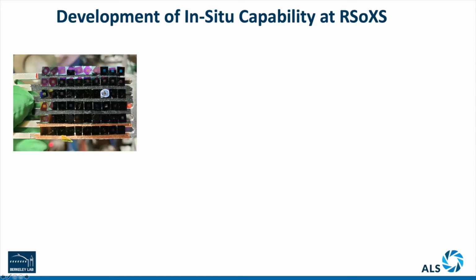So this is the typical sample holder that we run at the soft X-ray beamline. As you can see, all the thin film samples are deposited on the silicon nitride membrane. We can load up to like 70 samples at a time, so the user can run remotely or on-site. Over a 24-hour shift, you can go over all the samples that you can take home and get a